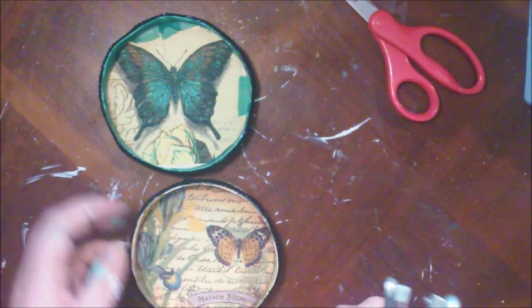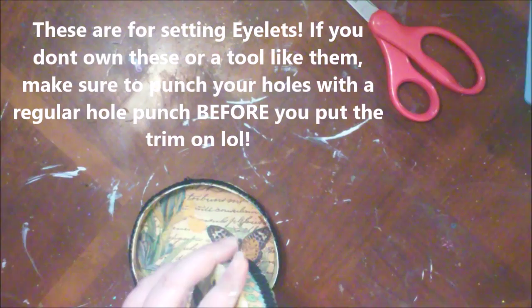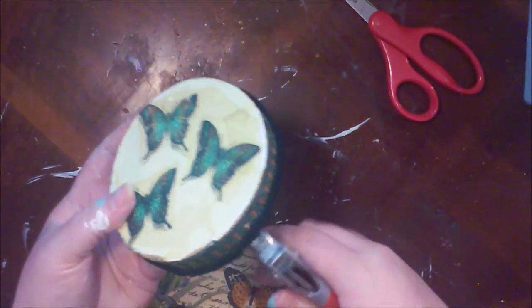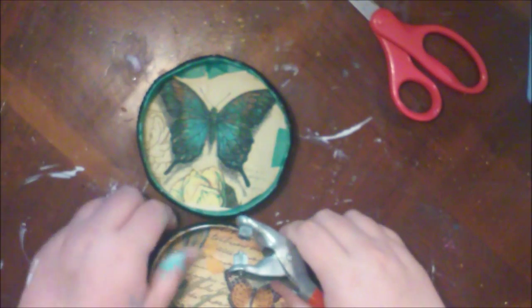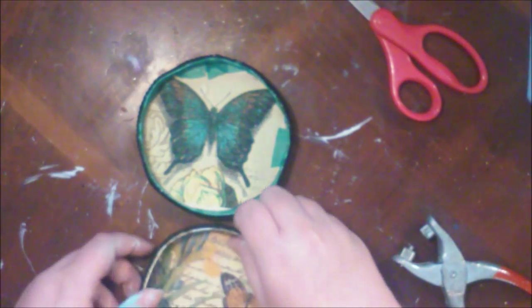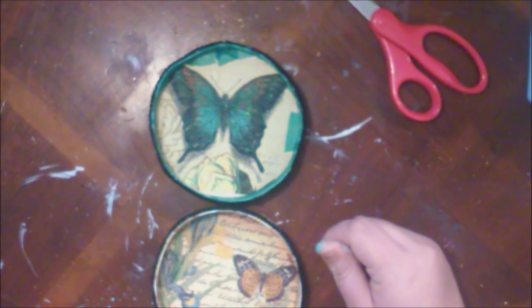Okay, I have these puncher things I think are for, can't think of what I'm trying to think of. And I want to make sure that I've got it lined up where I want to poke it. Okay, let's put the little hole in there. Same thing on this one. Okay. Now I think